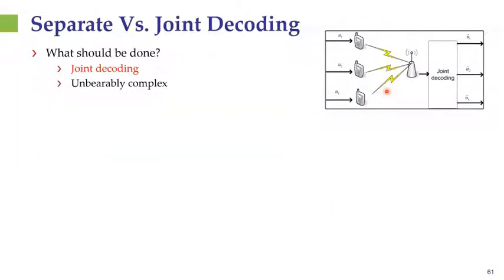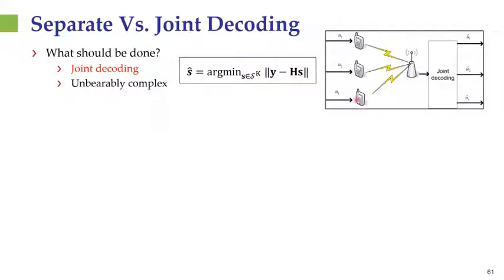To that aim, let us look at two extreme cases, which are separate decoding and joint decoding. Joint decoding is the optimal approach. It means that we're taking the channel output and we're simultaneously trying to recover the combination of channel inputs which could have led to that specific channel output. For example, if we look at a linear channel with Gaussian noise, like we did in the derivation of DetNet earlier, the resulting problem boils down to this optimization, which is carried out over a set whose cardinality grows exponentially with the number of transmitters. Hence, it becomes unbearably complex when the number of users is very large.